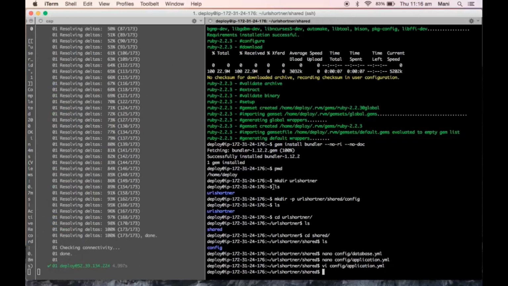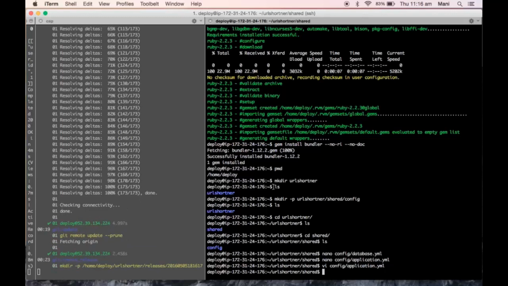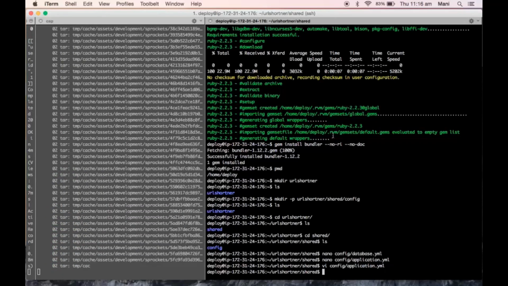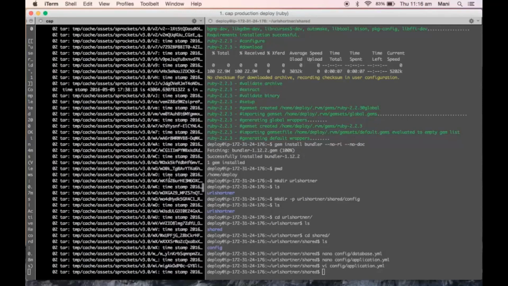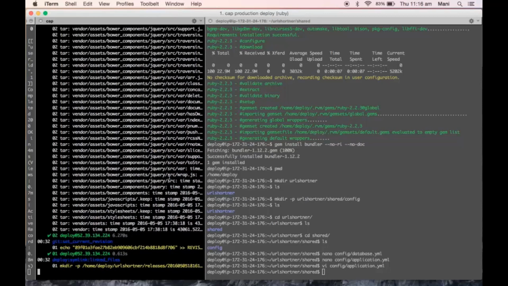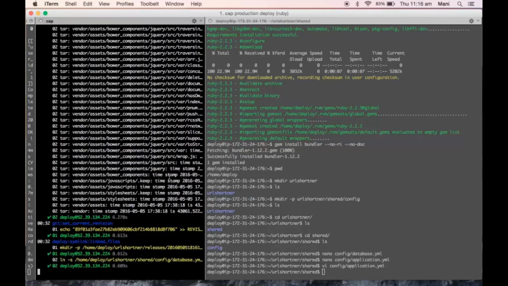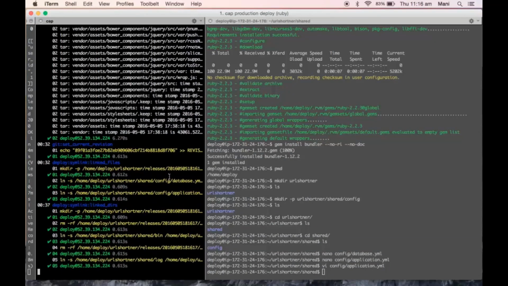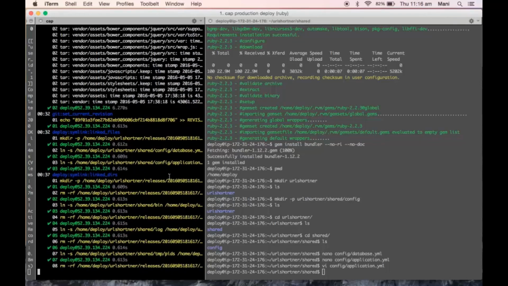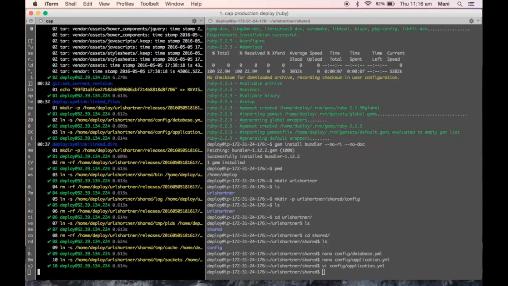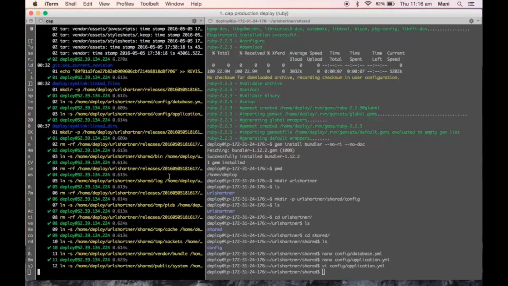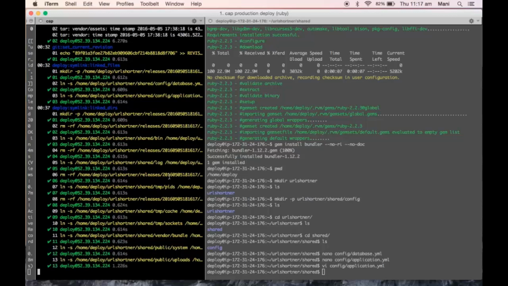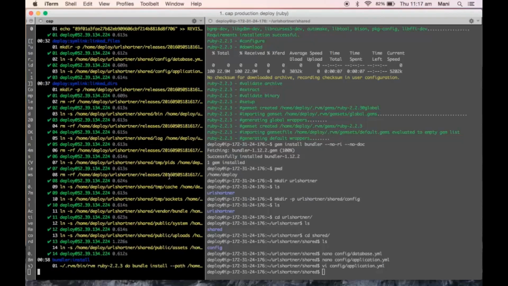Now git clone is happening. Now bundler is installing. Bundle install is happening on our server.